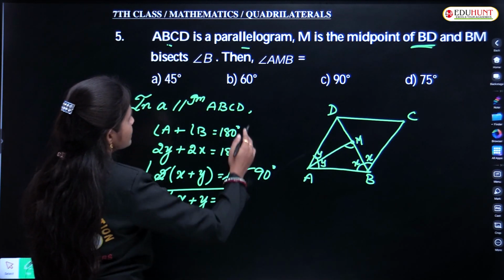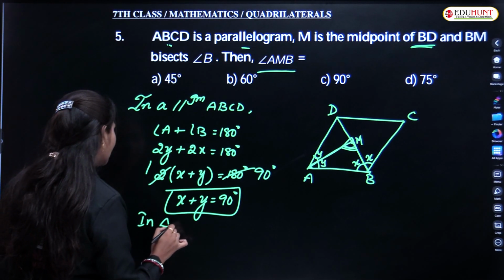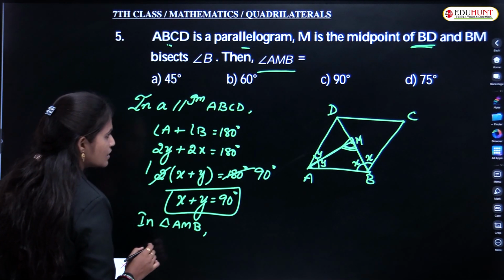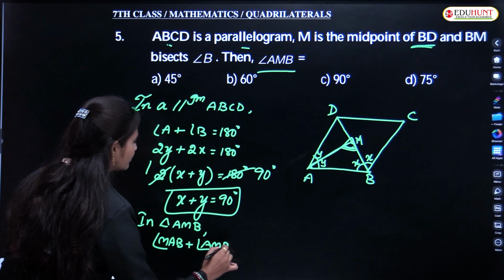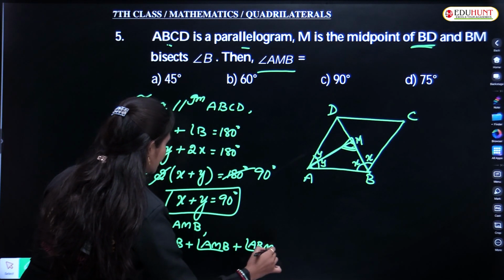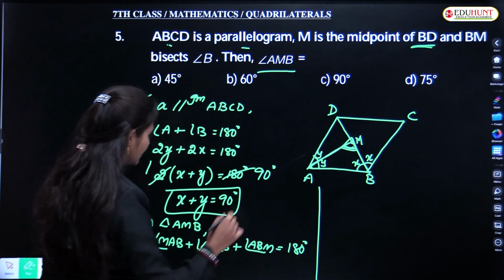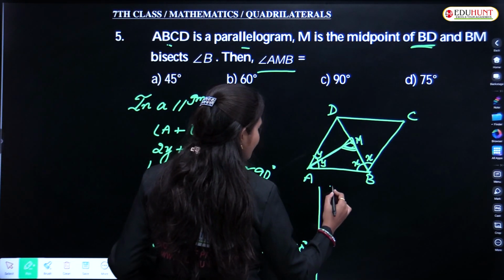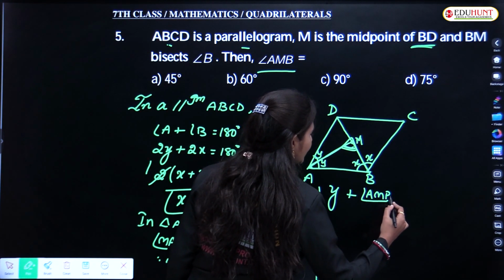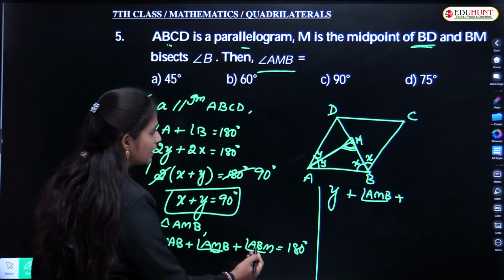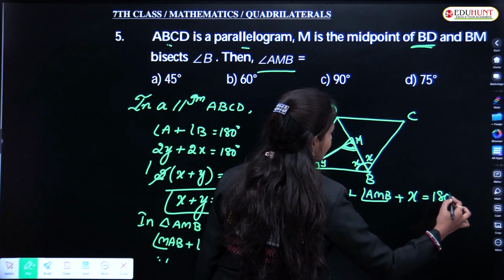Now take the triangle, what they are asking, AMB. So AMB, here the angle we need to find, no? So in triangle AMB, okay, so here we can write angle MAB plus angle AMB plus angle ABM. So angle at A, angle at M, angle at B is equal to 180 degrees. We know this condition. So angle at A is y, plus angle at M, we don't know that, so that is angle AMB, we need to find that, plus angle ABM. So ABM, here angle is x, which is equal to 180 degrees.